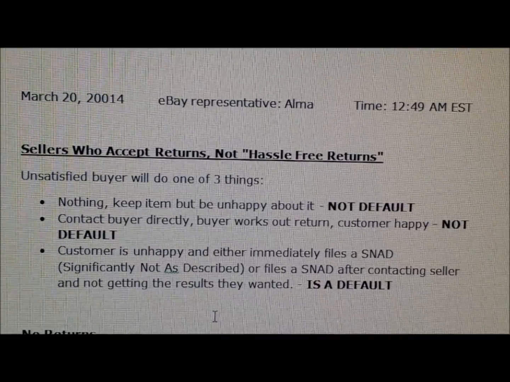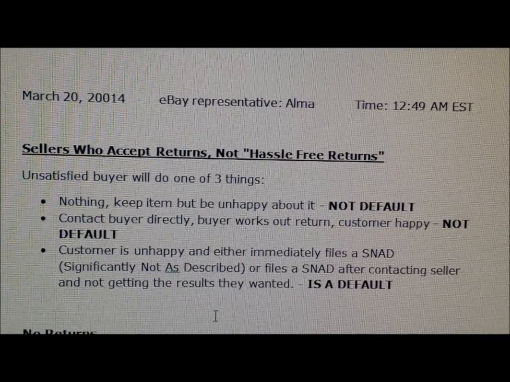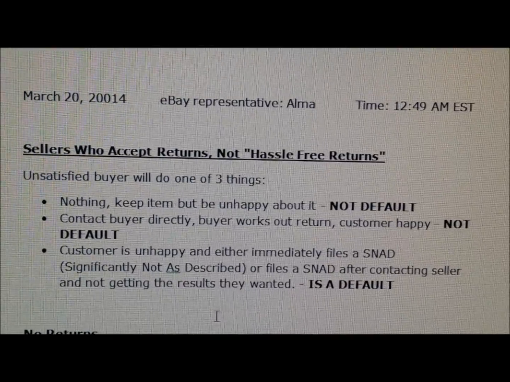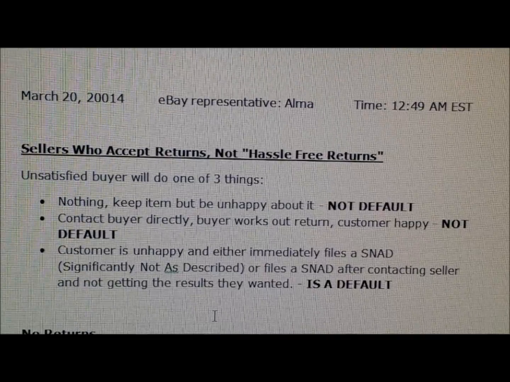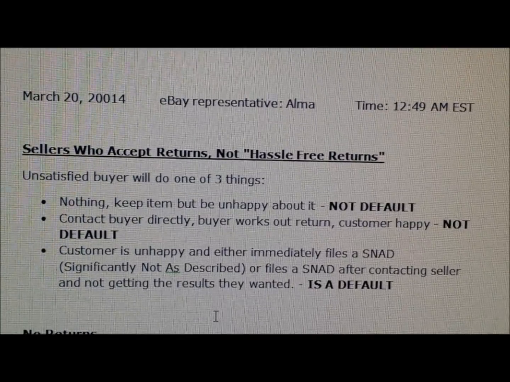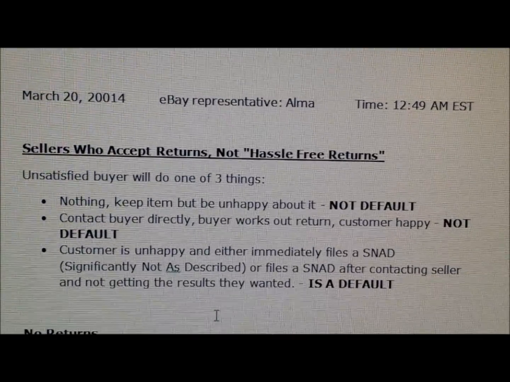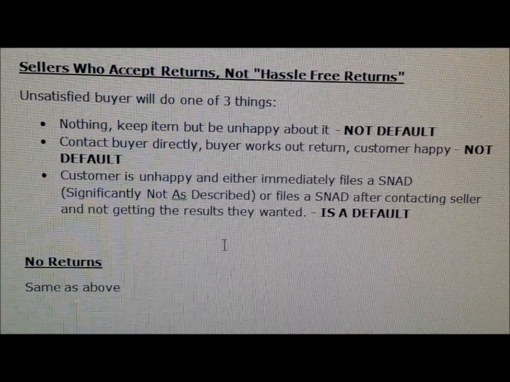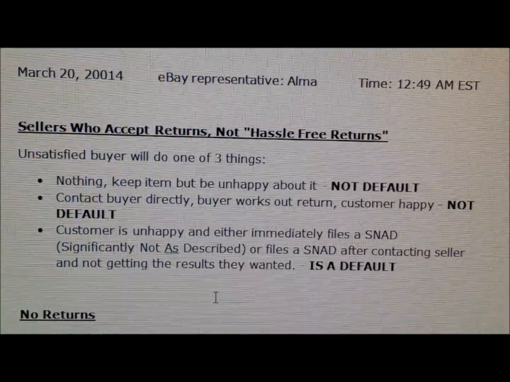But if the customer is unhappy and either immediately files a SNAD, significantly not as described, or files a SNAD after contacting you, the seller, and not getting the results they wanted, then yes, that is a default too. So down here, if you put in your listing that you do not take returns, well, it's basically the same as above.